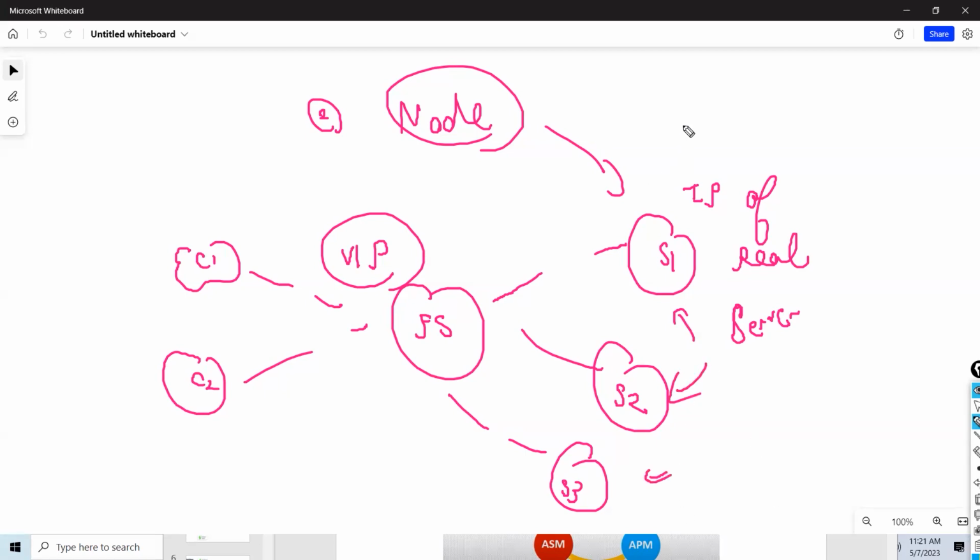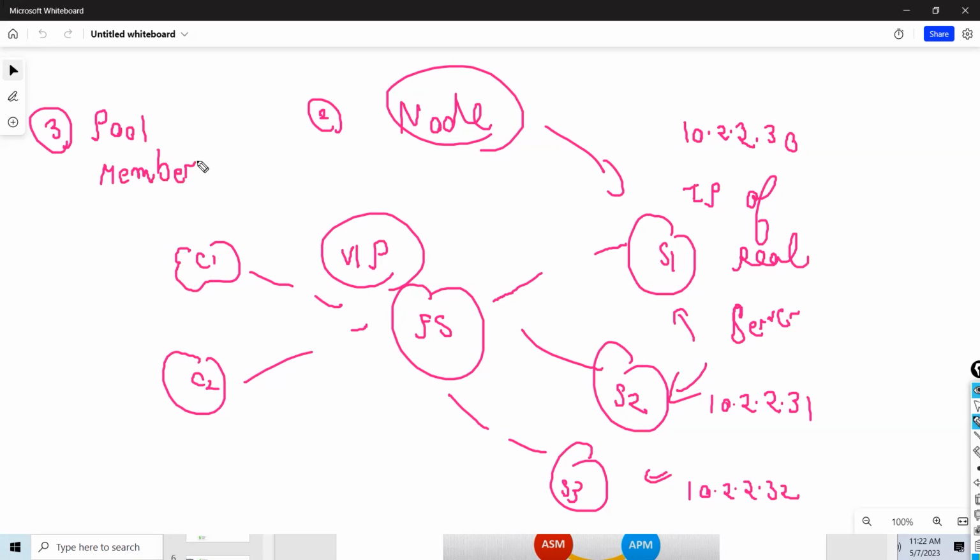So let's say I've given server 1 as 10.2.2.30, server 2 IP is 10.2.2.31, server 3 is 10.2.2.32. So it just represents a node. A node is just an IP address. Now, when I talk about pool member, guys, a very important component, pool member.